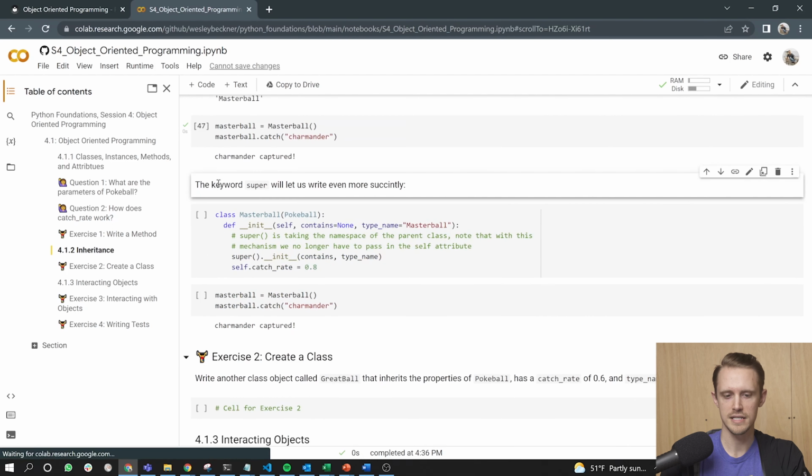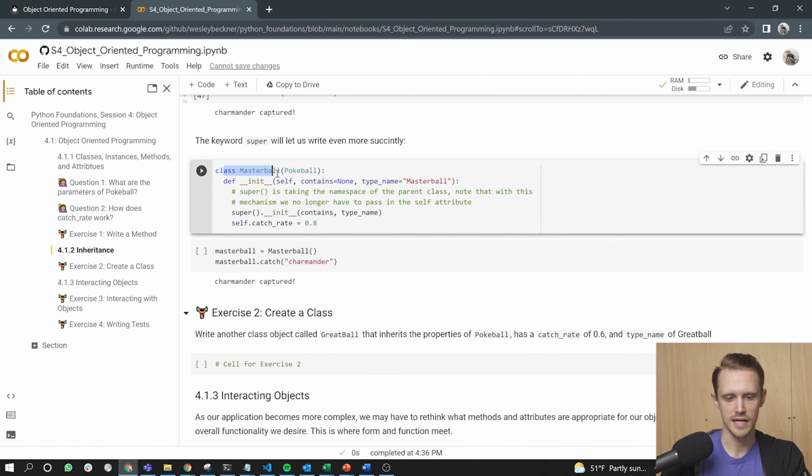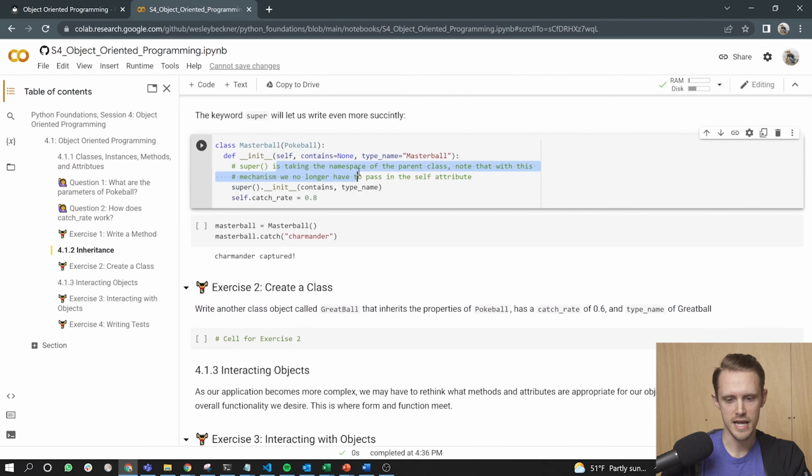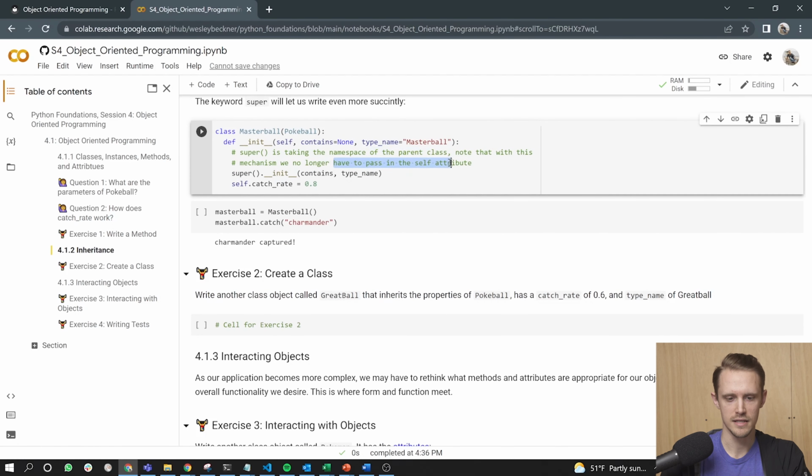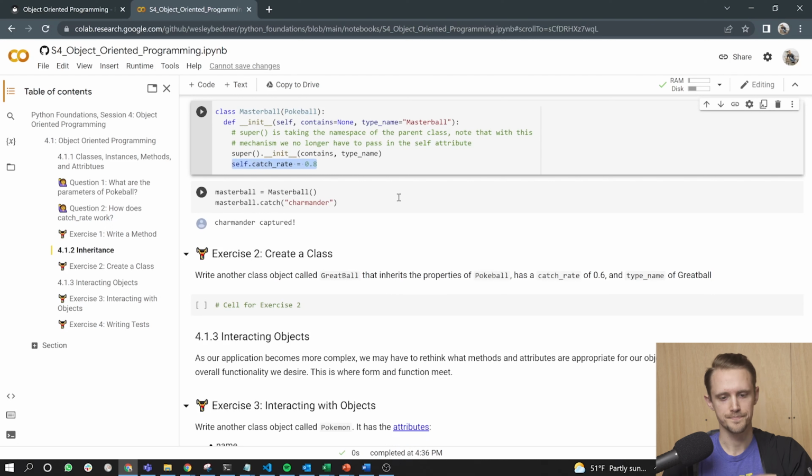All right, here's the last way and most common way that we will deal with inheritance in Python. The keyword super will let us write even more succinctly. So here I've got class master ball, it's inheriting Pokeball. I have my init method. It's business as usual up here. Now, super is taking the namespace of the parent class. Note that with this mechanism, we no longer have to pass in the self attribute. So here I've got my reserved method super. It's part of vanilla Python. I'm going to access its init method, pass in contains, and then type name, and then assign catch rate to